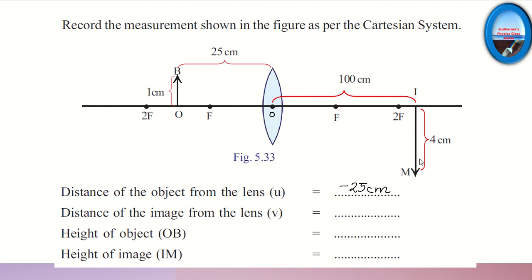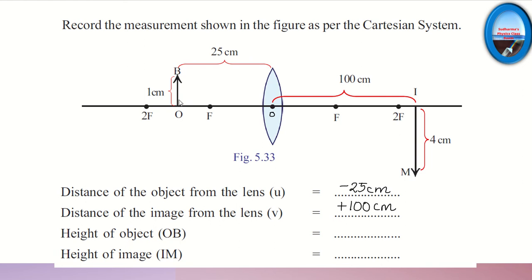Now we can see a real image formed there. The object position is between f and 2f, the image is beyond 2f, and a magnified real image is seen there. The distance of the image from the lens: this is a real image on the right side of the lens, so we measure from the optic center to the right side. The image distance is positive for a real image of a lens. Never get confused between a mirror and a lens. So I apply a positive sign: plus 100 centimeter.